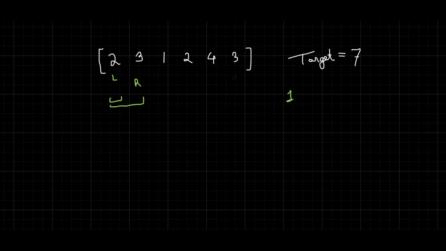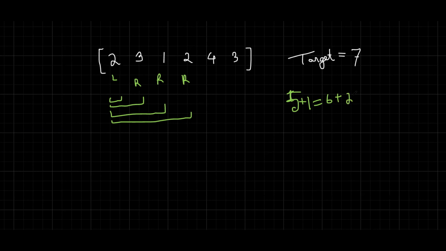So here, the summation will be 2 plus 3, which is 5. Now 5 is definitely less than 7, so we cannot consider this as a desired subarray. So we have to increase our right pointer to this and it will become 5 plus 1, which will be 6. Now 6 is definitely less than 7. So again, we have to shift our right pointer here and expand our window, and it will become